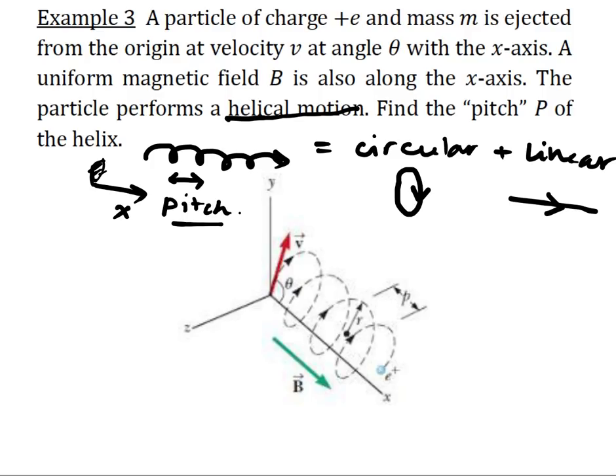Okay. So let's have a look at this problem closely. They say that the mass m and the charge e is ejected from the origin at velocity v at the angle theta with the x-axis. So the angle theta is the key from here. So if I try to flip this plot so that I have the x-axis pointing to the right hand side like this,